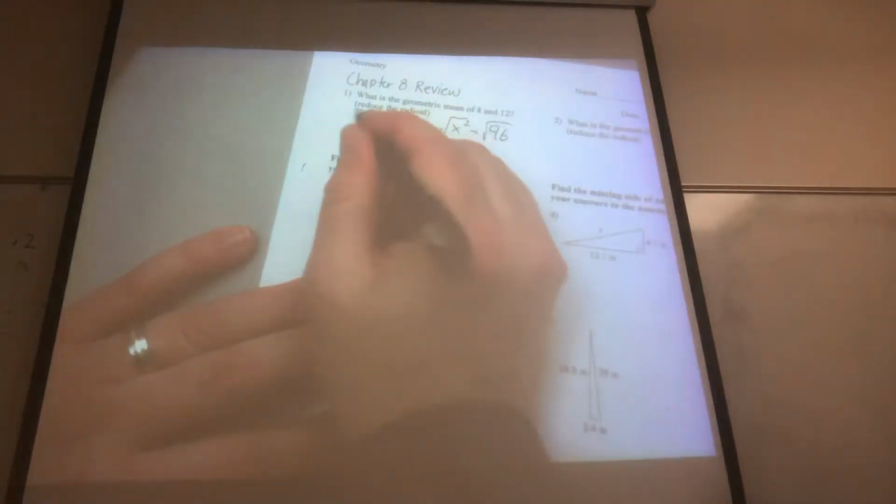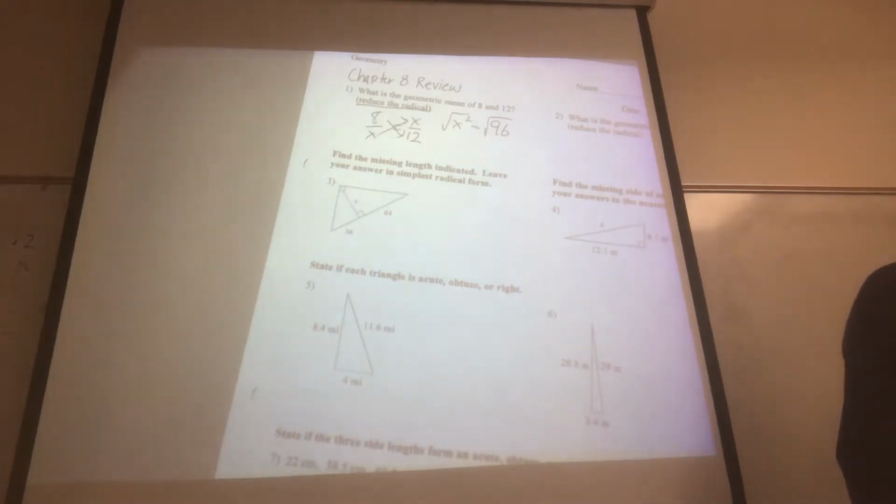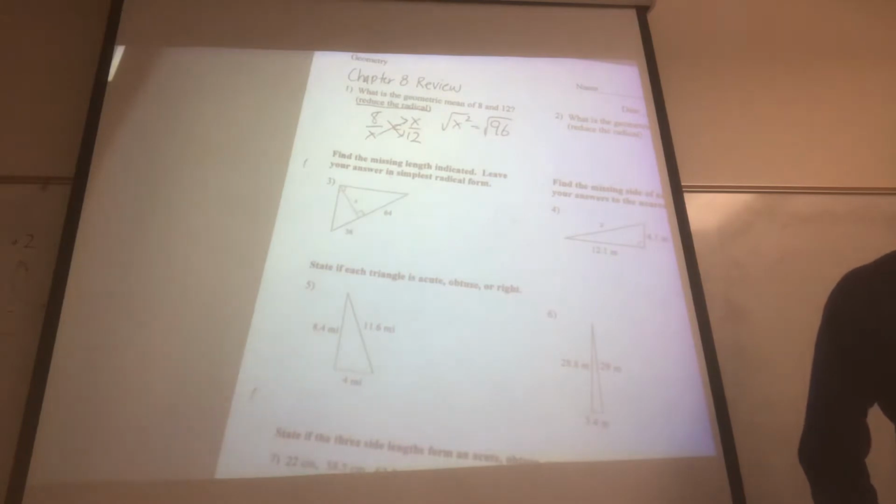Now, it does say reduce the radical, and on your test, it's multiple choice, but it says reduce the radical, and it gives you reduced radicals. We're not doing that. I'm not going to go back over how to do that. We're not going to mess with that. You might mess with that in Algebra 2, but we're just not going to do it, okay? When you come to that point, if you're struggling, what you really need to do is just enter the answers